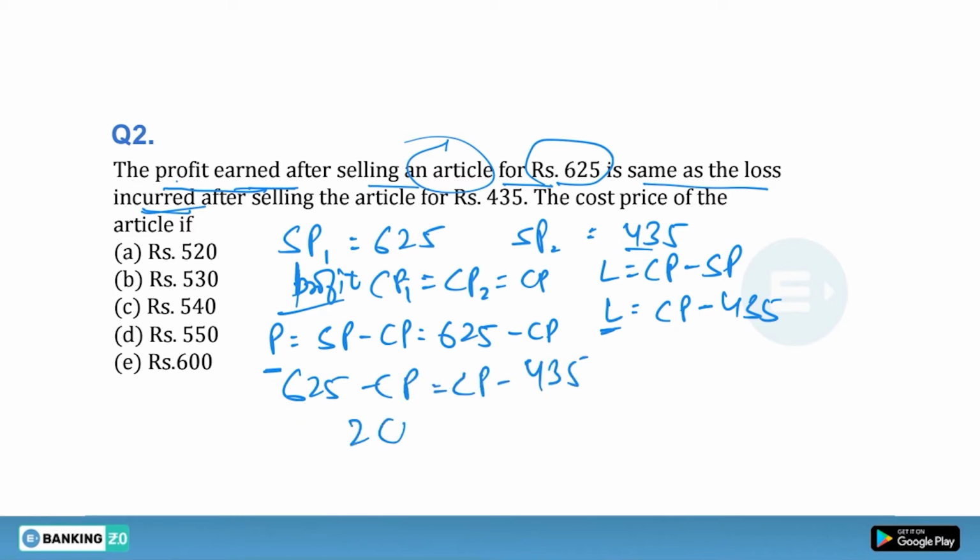That means 2CP. 2CP is what, guys? 6 and 4, 6 and 4, 10, and 2 and 3. So 1060. Okay. So CP will be what, guys? It will be 530. So in the question we are asked to find the cost price. So cost price will be what? 530 rupees. 530 will be your right answer.